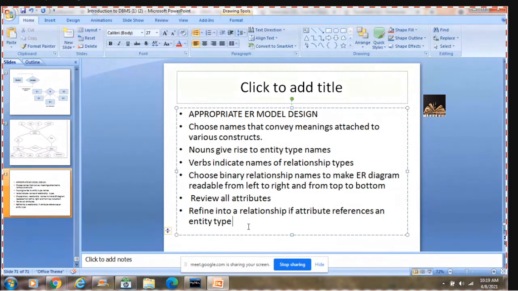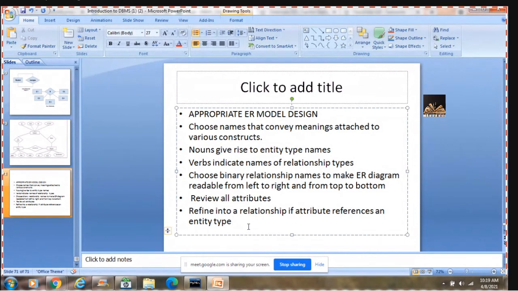The way of identifying relationships would be using the concept of verbs. Try to work with binary relationships. Don't go with ternary or n-ary.